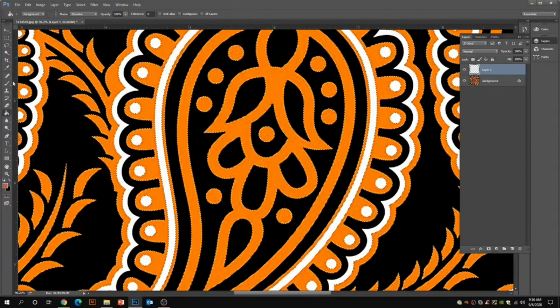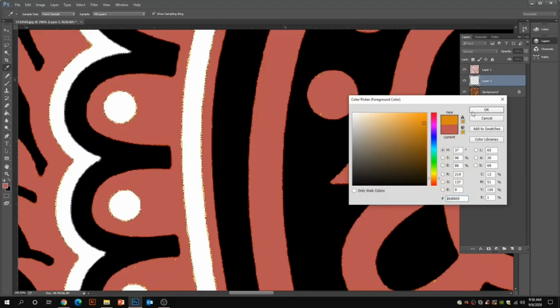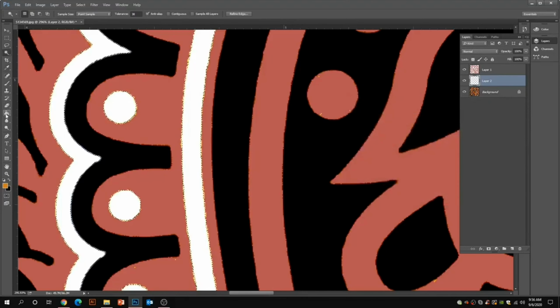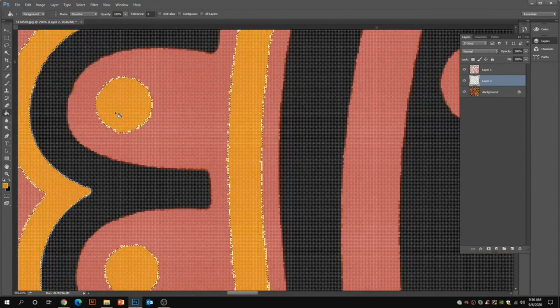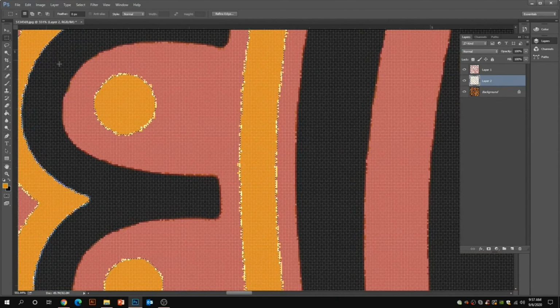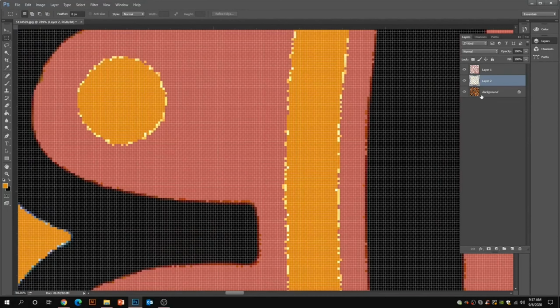And now let's work on the white layer. Simple: deselect it, go to the background layer, magic wand, the same settings, 30 tolerance, anti-alias on. Again a new layer, let's fill this layer with a mustard color and see how it will look. So just filling it, I'm not using any shortcut commands, these are just basic tools. So let's see, deselect, and you can see there are fine zigzag kind of things. So let me see how to fix it.